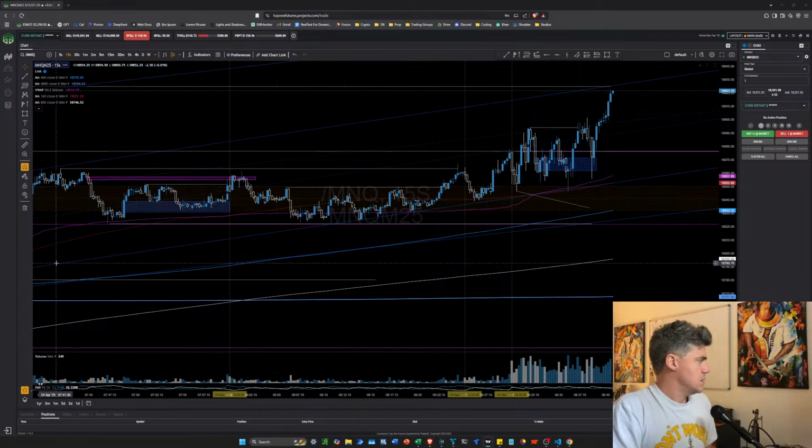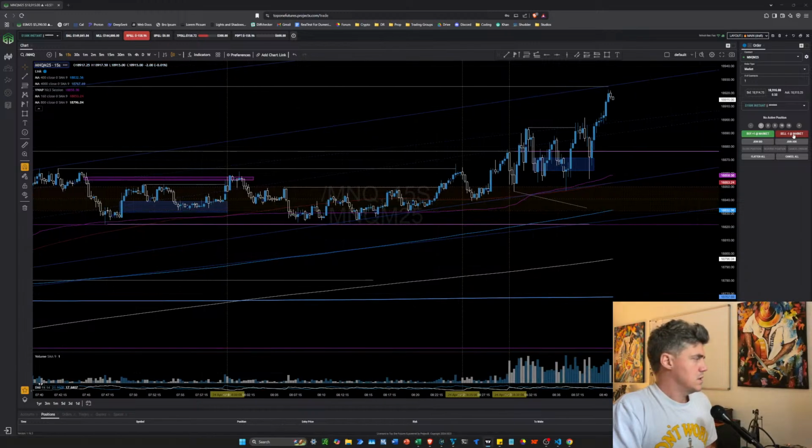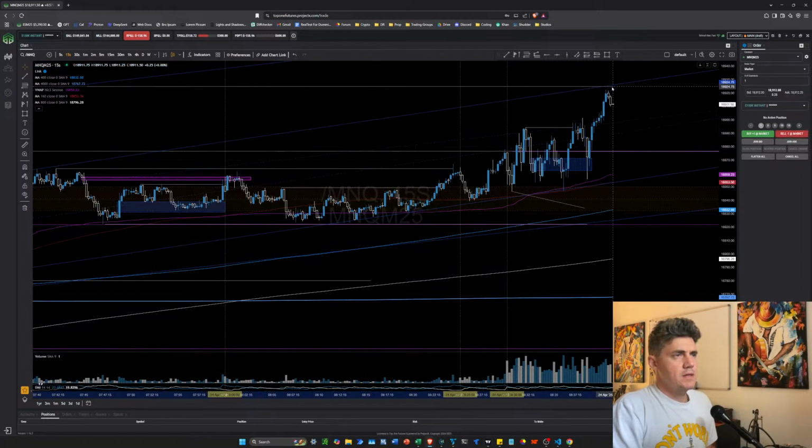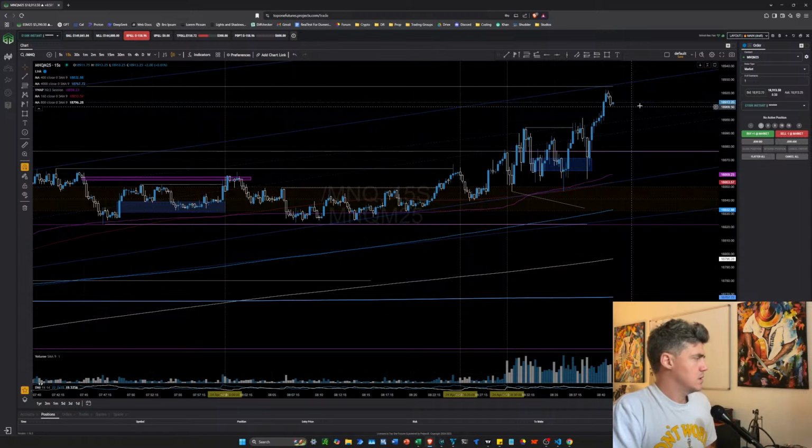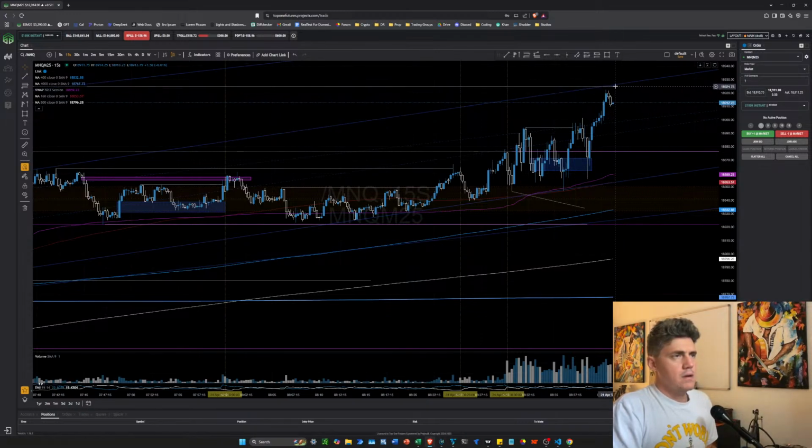Let's watch this really closely here. Inside down on the 5 second. Tempting. Do I want to be catching a fallen knife though? Gonna let the early shorts get punished. Let the early shorts get punished here, but I do like a short from here.